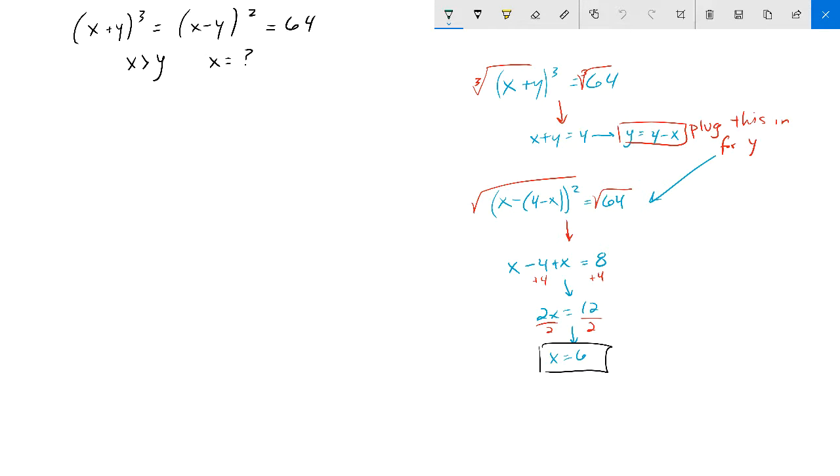All right, in this problem, we are told that x plus y cubed is equal to 64 and x minus y squared is equal to 64. We're also told that x is greater than y, and we're asked to find what x equals. Now, in order to find what x equals, whenever you're given two variables, you're going to need to eliminate one